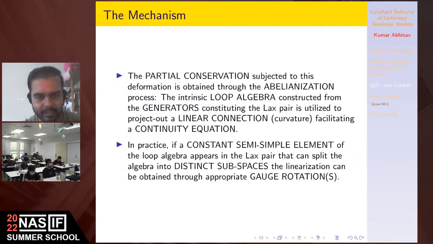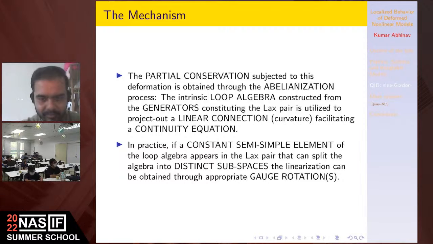We don't need exact definition. We just need that there are two subspaces in the group space. I'll just show you an intuitive way to mark them. Then you can separate out the linear and non-linear part into different subspaces, and you can work in one particular subspace, maybe the linear subspace. So your system becomes abelian, and because it's linear,